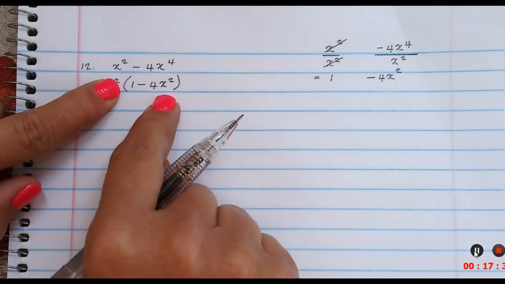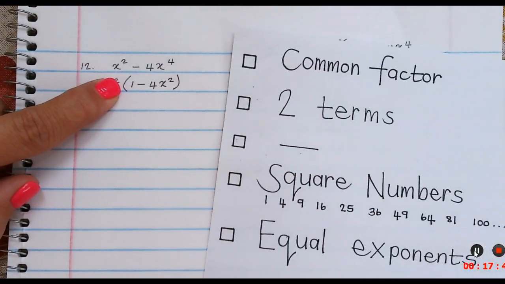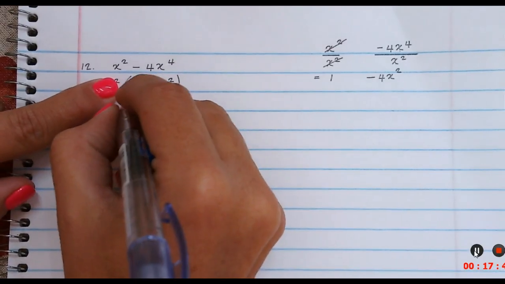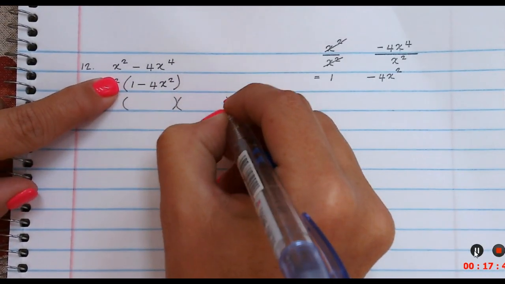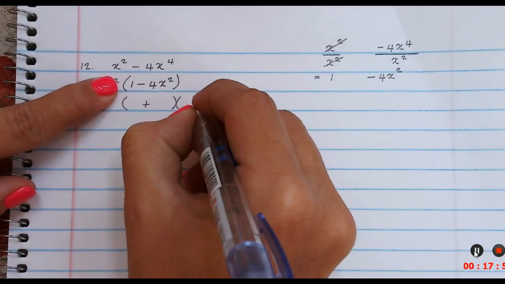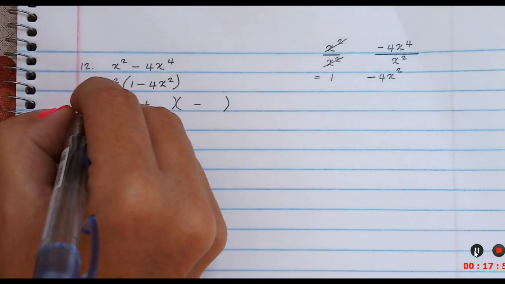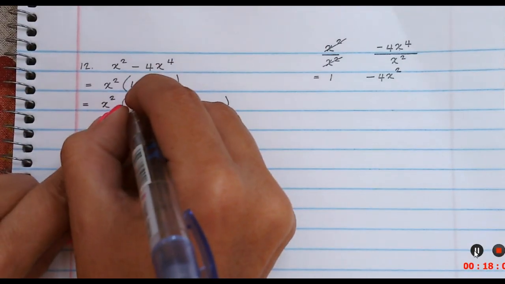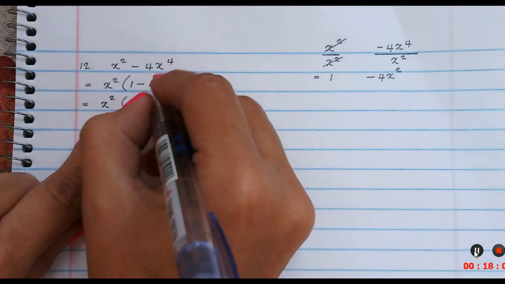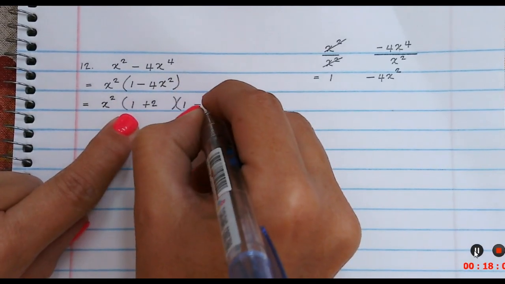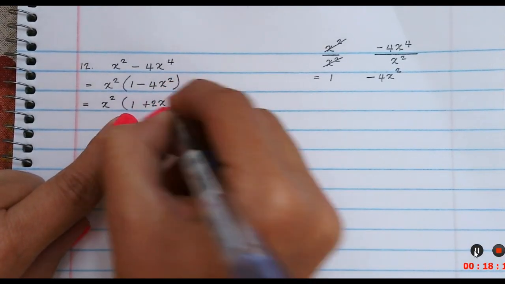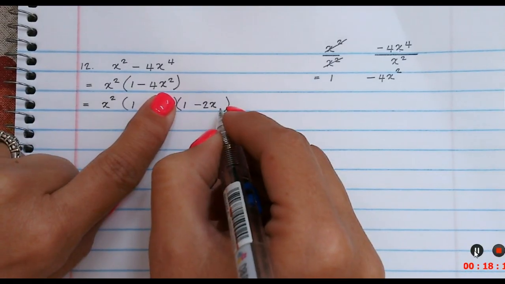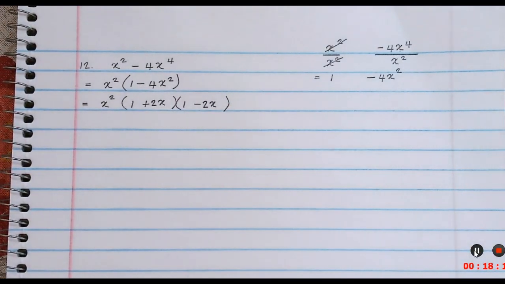Please make sure, is this the difference between two squares? If you have a look again at your tick boxes, you will take note that yes, it is. So this is the difference in two squares. First bracket positive, second bracket negative. Please don't forget to copy and paste x squared. So the square root of 1 is going to be 1. The square root of 4, 2, and x squared, x times x. Check the last bracket again. It's done factorizing, so therefore this part is